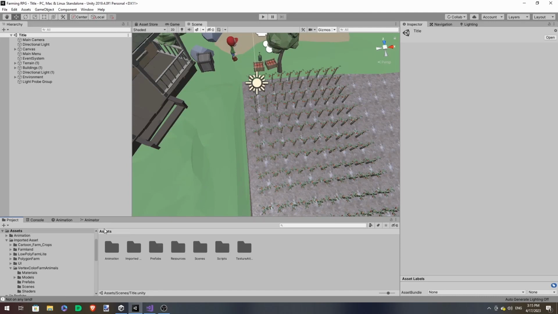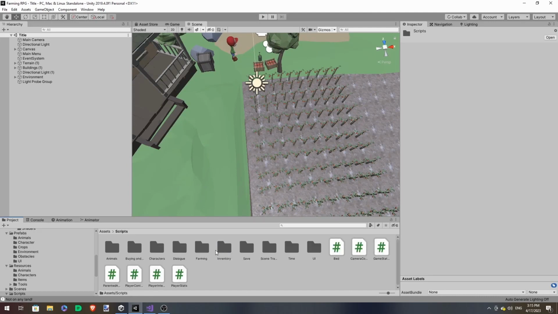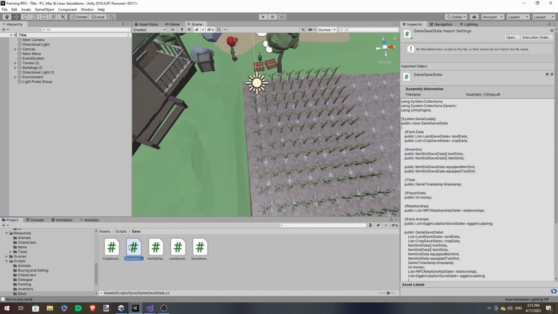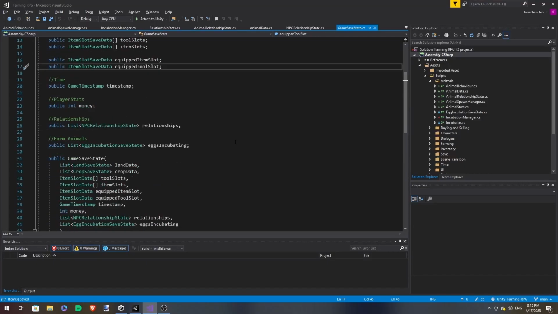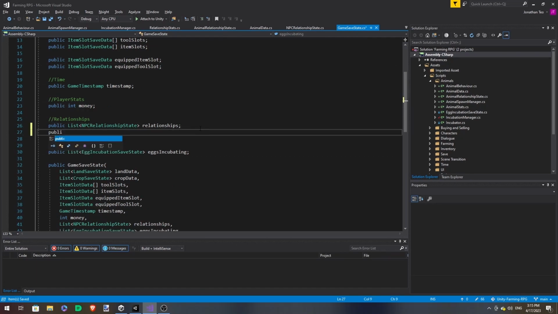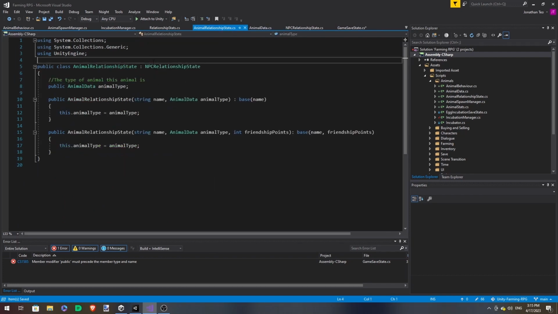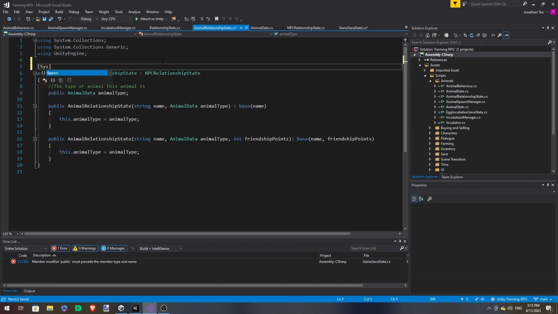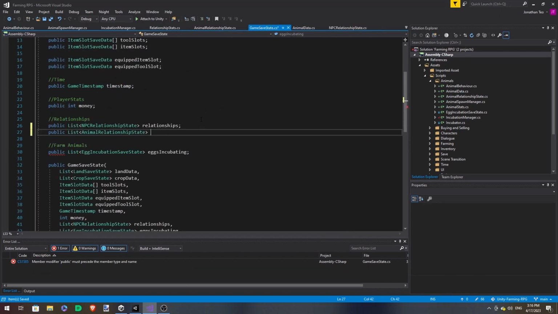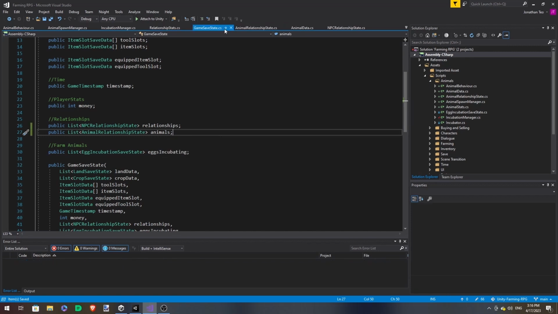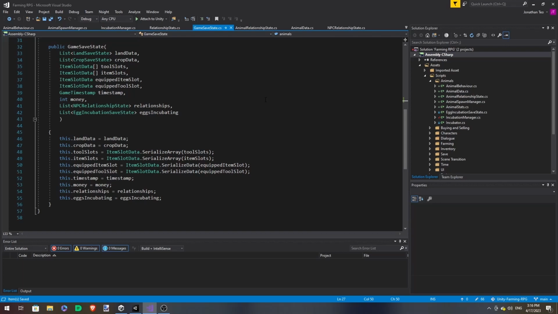So over in game state, game save state, all we need to do is add, you guessed it, relationship list. Oh, don't forget, make this System.Serializable, so we can save, of course. And now that it's System.Serializable, let's add this to its constructors.